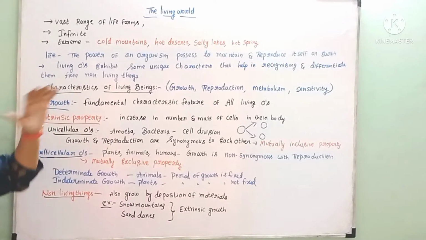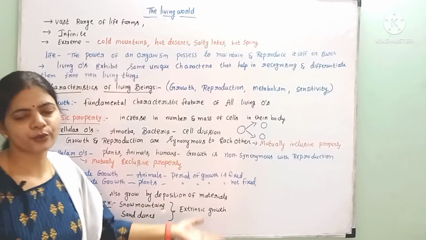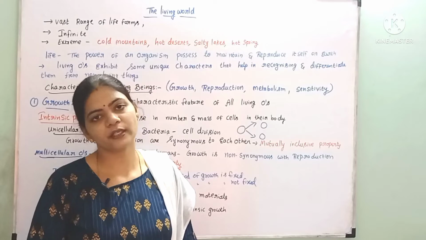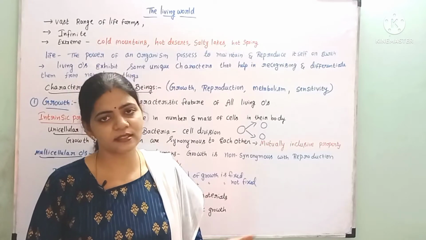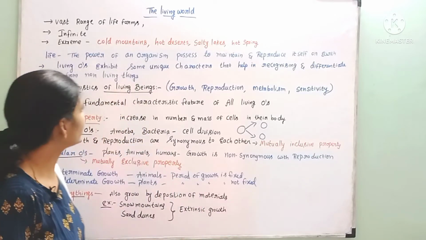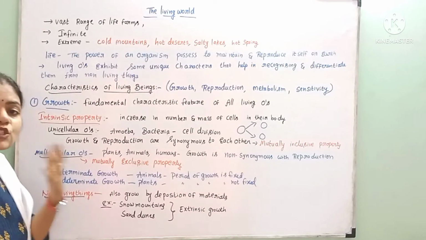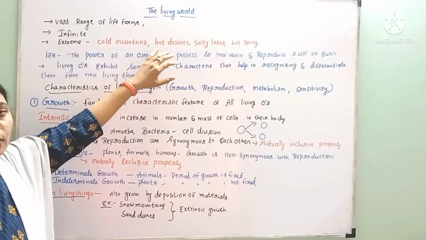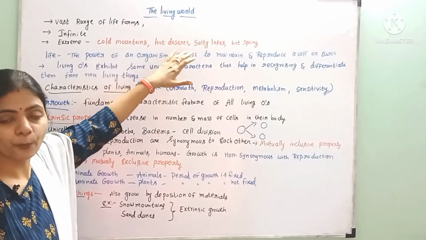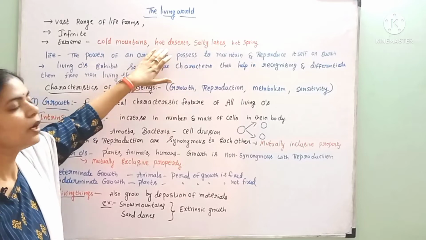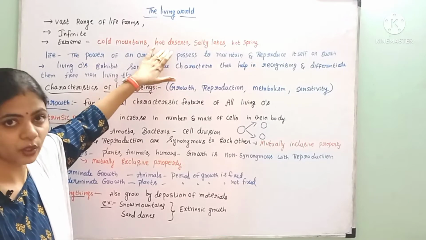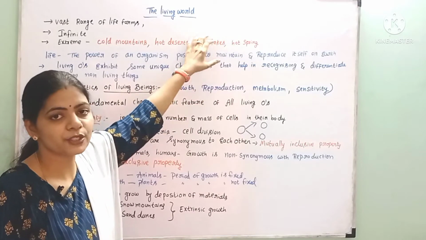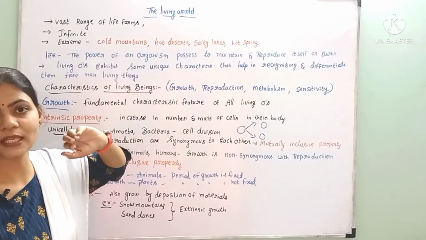And these living organisms not only grow on the grass fields, they are present in oceans. Some living organisms are present in plateaus, deserts, etc. But some living organisms also are present in extreme climate conditions like hot and cold mountains. Like we know, in cold mountains, polar bears and penguins are present, right? Some living organisms grow in hot deserts, salty lakes and hot springs. In those climate conditions, the remaining living organisms cannot survive.